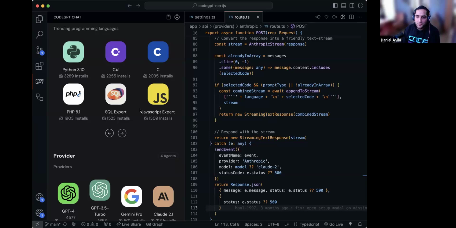So if a new model is in the market, you could just change the model inside of CodeGPT and you could start to use it. So I don't know. I think we're gonna be able to publish more features in the future, but we have a couple in mind.